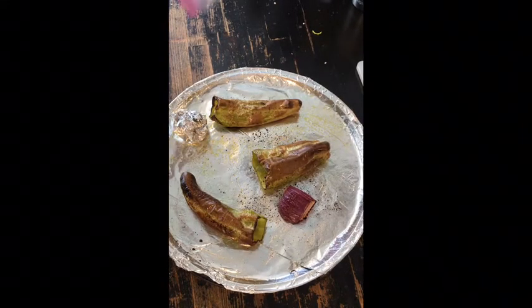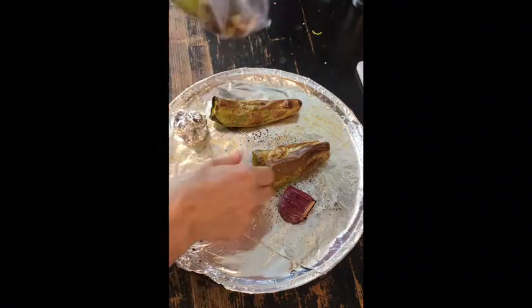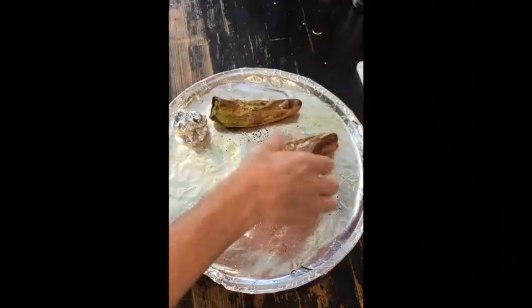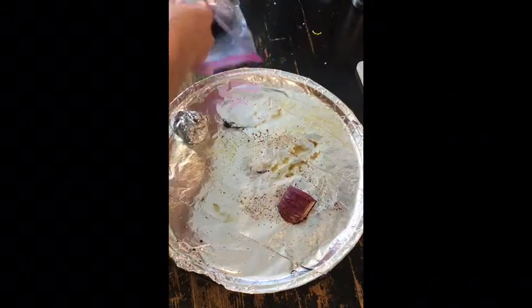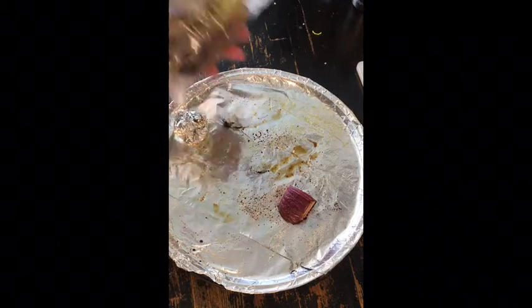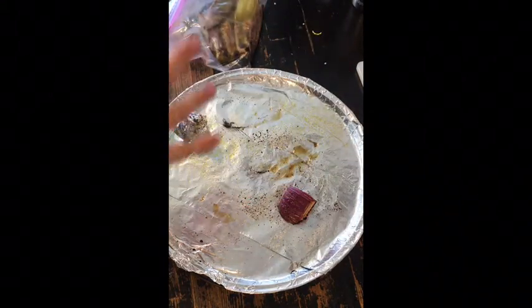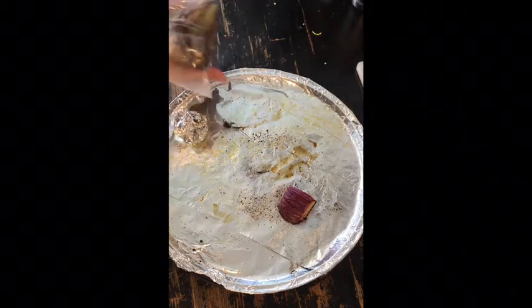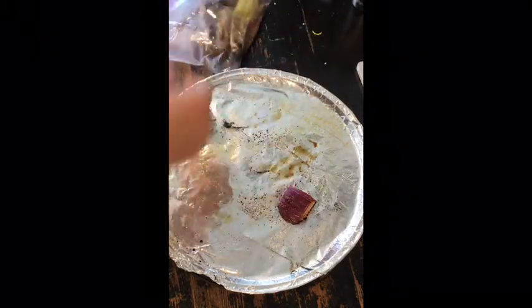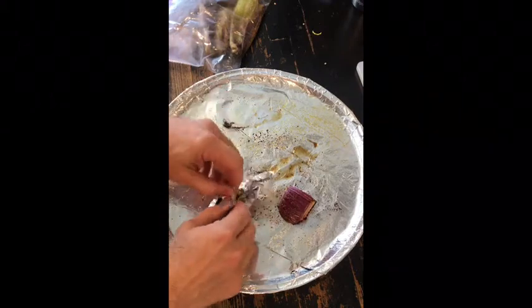As soon as they come out, I'm going to take the peppers and throw them into a gallon Ziploc bag and close it up. Let them just sit in that for a couple of minutes. The heat and the steam will help the skin come off in a second. The onion we can just leave there. The garlic